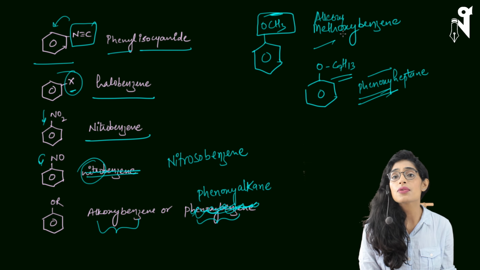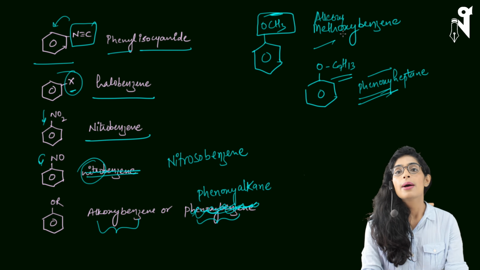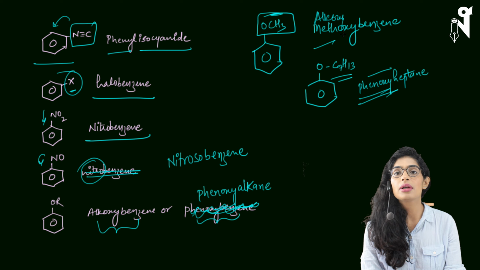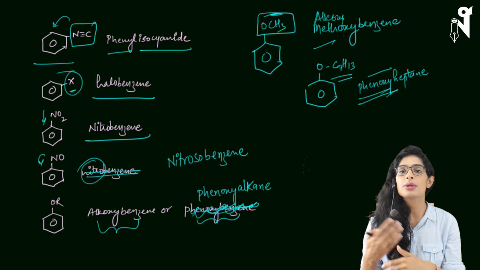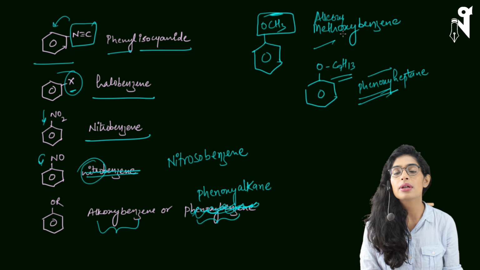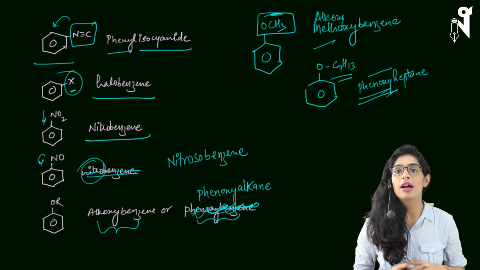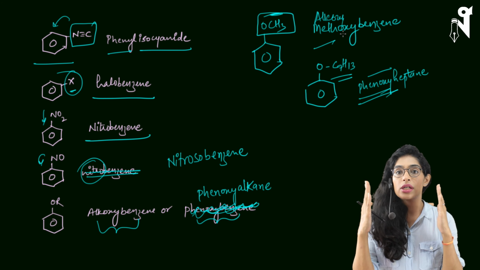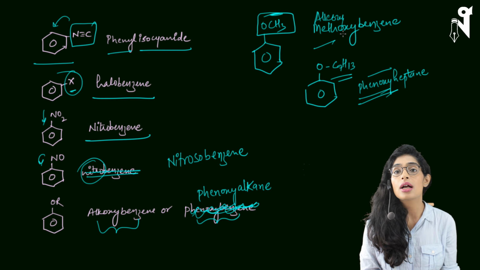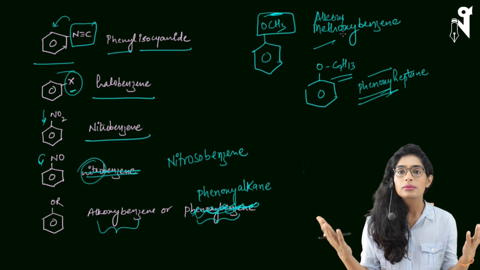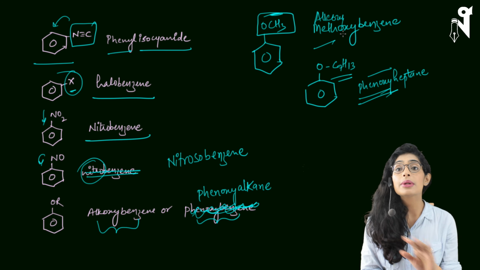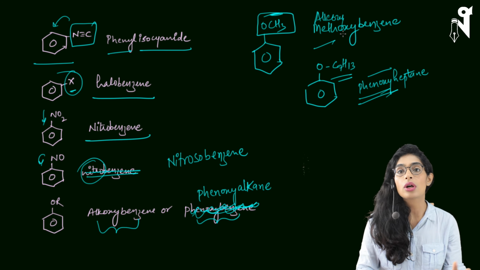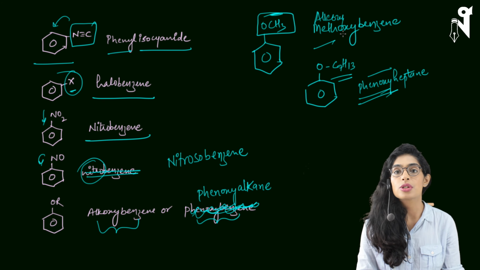Here we are done with most of the namings that are required to know for IUPAC naming. If you find one or two different things later on when we do a chapter, then we will learn it at that time. But as per my understanding, I have covered mostly everything. So here we are done with the nomenclature. Now you can start solving. You would have started solving the questions from your assignments. Now you can complete your assignments. There is nothing which we have not covered. You must know all the questions by now.